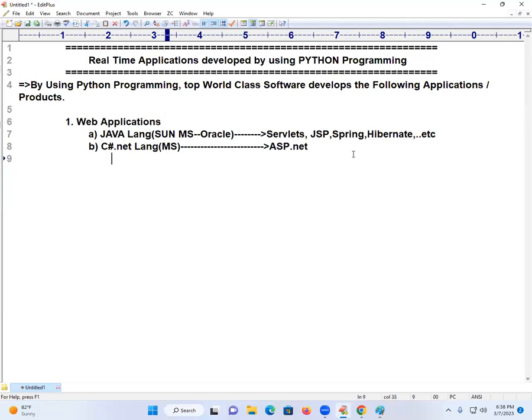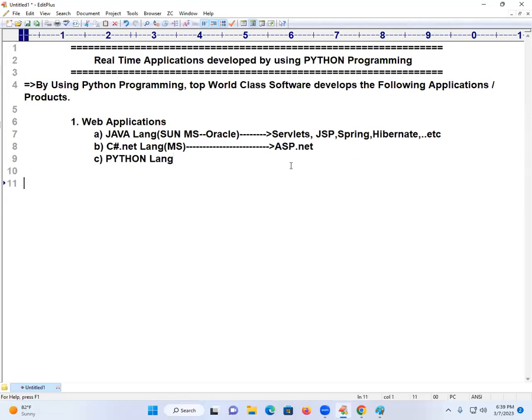Now the next competitor coming very recently, from the last few years onwards, is which language? Python language is coming. Take one immediate requirement in our websites. Listen to everything carefully, because explaining to students who already have knowledge is different, and explaining to those who don't have any knowledge is very difficult. That's why you need to listen carefully.